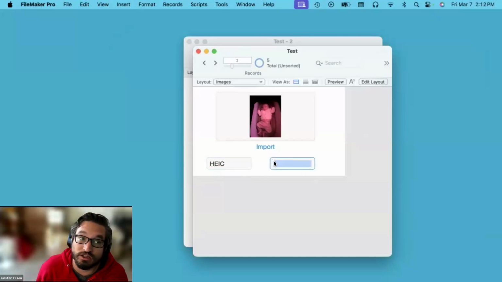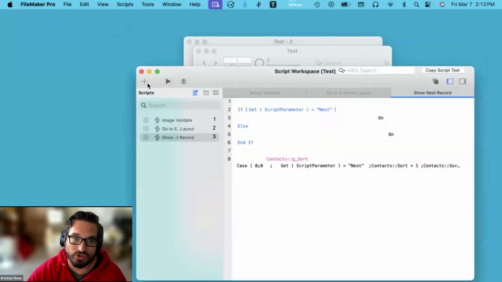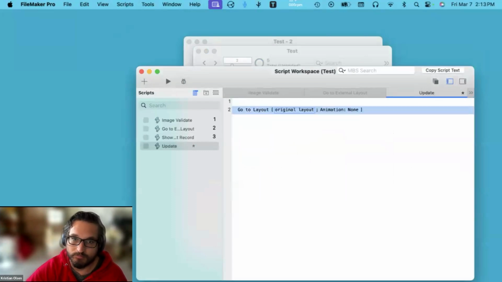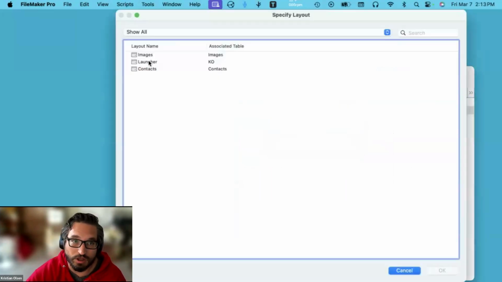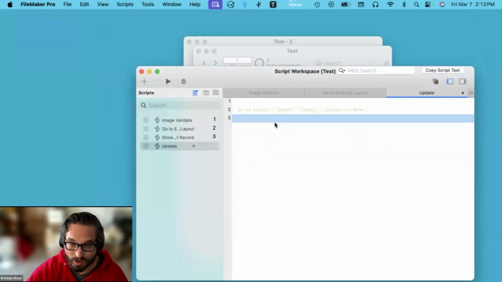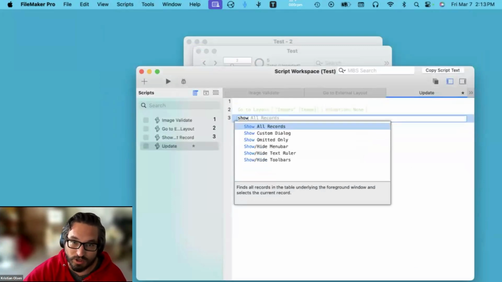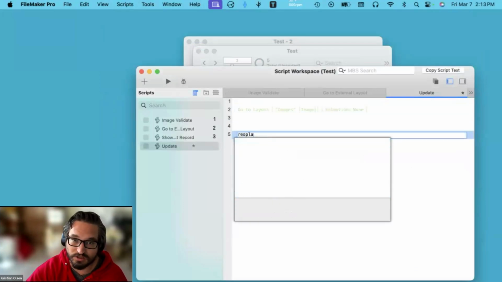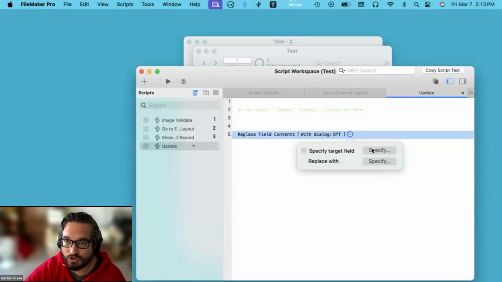Now, what's really cool about this is maybe you're like, well, I have a whole bunch of records I need to run it on. Then what you do is you write a script update. You go to the layout, ideally developer layout. I don't have any in here right now. You do some sort of find or show all records. Just be careful to show all records, how many are in there, but this runs pretty darn fast. And then you do replace field contents, trigger